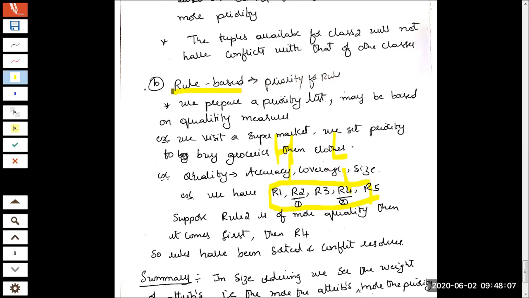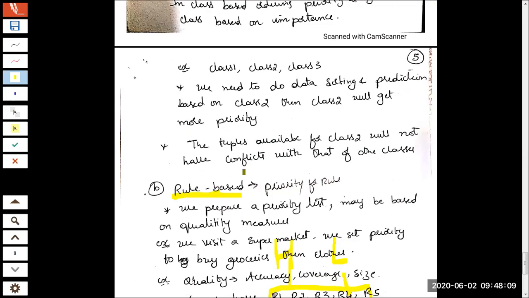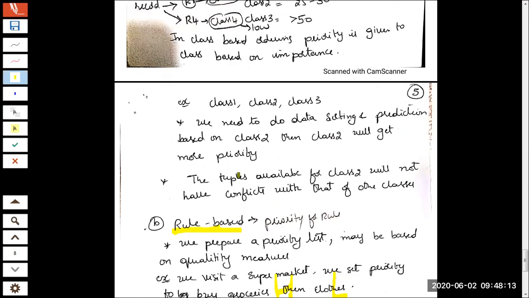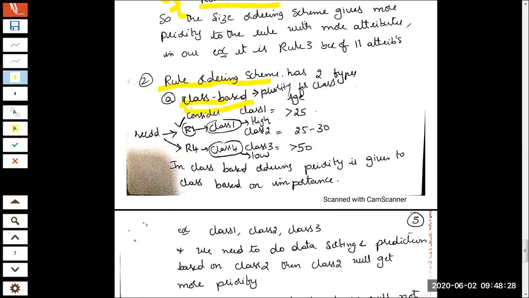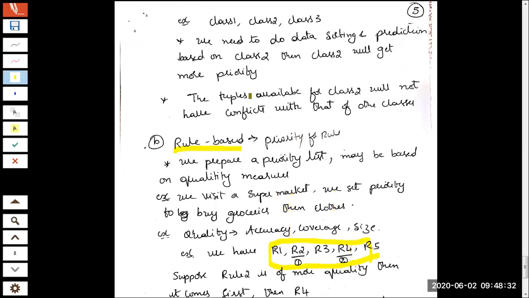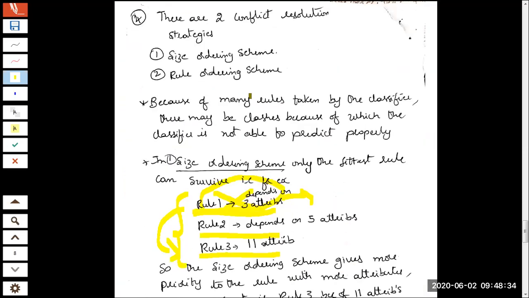So this was rule-based, but we have one more way of doing it. Until now we were just discussing rules. If you carefully observe, I was only talking about deciding the rank based on the significance of the rule, the importance of the rule. There is one more way of doing it, class-based. The objective is the same, the situation is the same. What is the situation? Once again, I'll just remove this clutter.